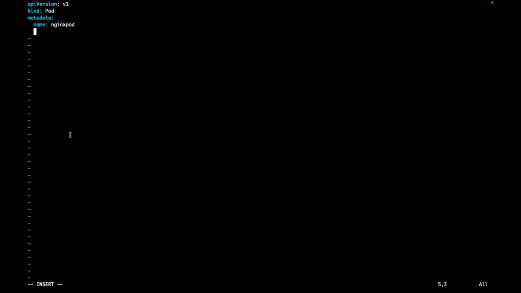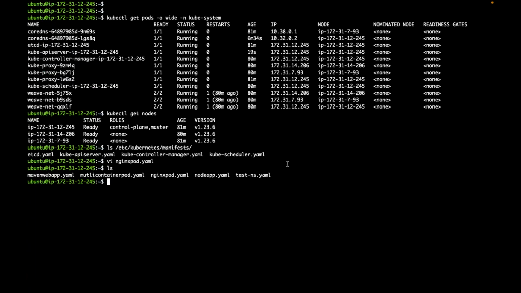Namespace also, if you want to mention, you can mention. Labels also, if you want to mention. Now spec. I'm saying containers. Name nginx, image nginx, ports, container port, like this. Now this is just a YAML in the current folder.